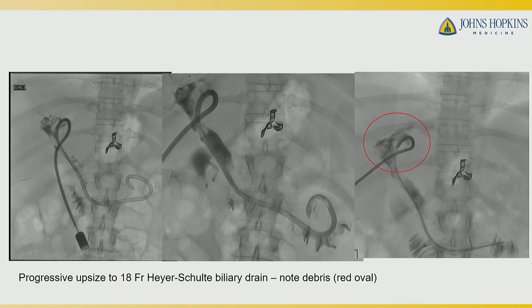At Hopkins, our surgeons, both on the HPB side and the transplant side, love us to put these patients on the upsize train and get them to 16, 18 French, higher Schulte, silastic biliary tubes, which is what we did for this patient. But what I want you to note is here on this final cholangiogram, once we hit goal, she has multifocal filling defects, which are representing biliary sloughing, debris, stone formation in the setting of this hepatic artery thrombosis.